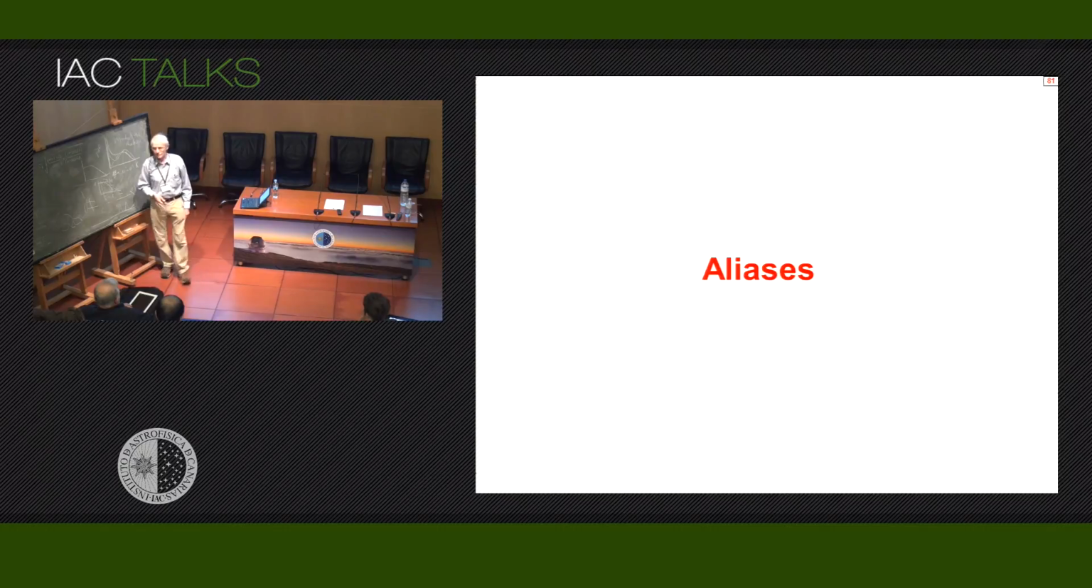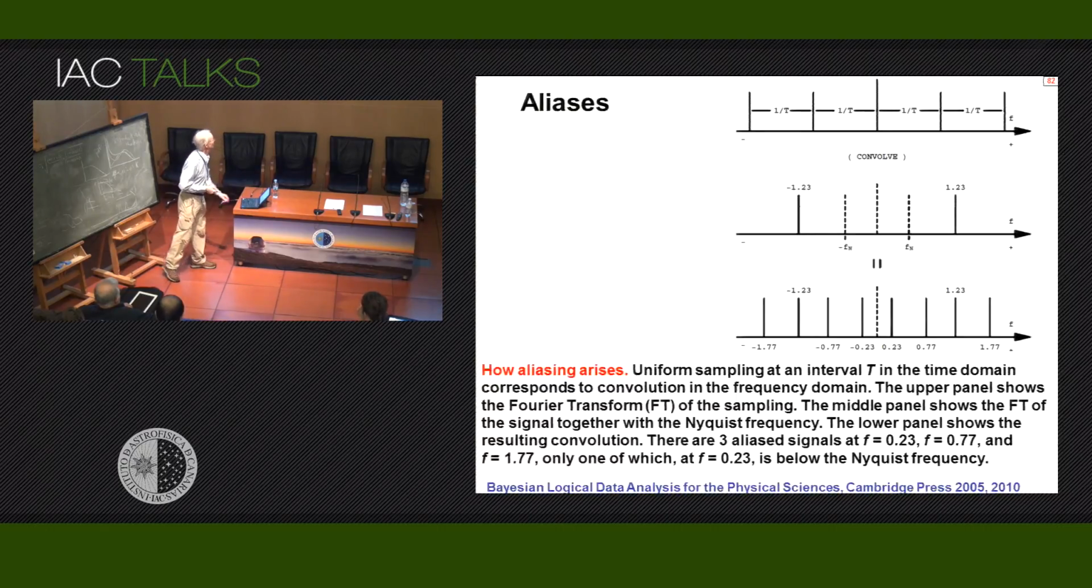Well, this brings us to aliases. We're going to try and sort out, is one the alias of the other? Well, yes, they are aliases of each other, but which is the real signal? So let me just remind you a bit about aliases. This is all textbook stuff, but if you have uniform sampling, then you know that if you move into the Fourier transform space,